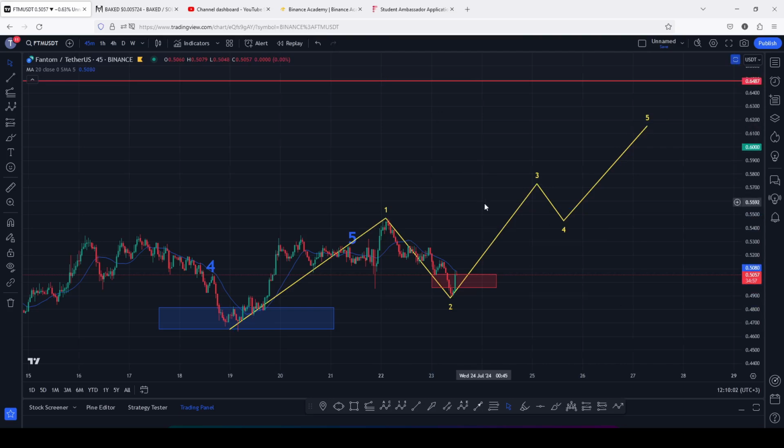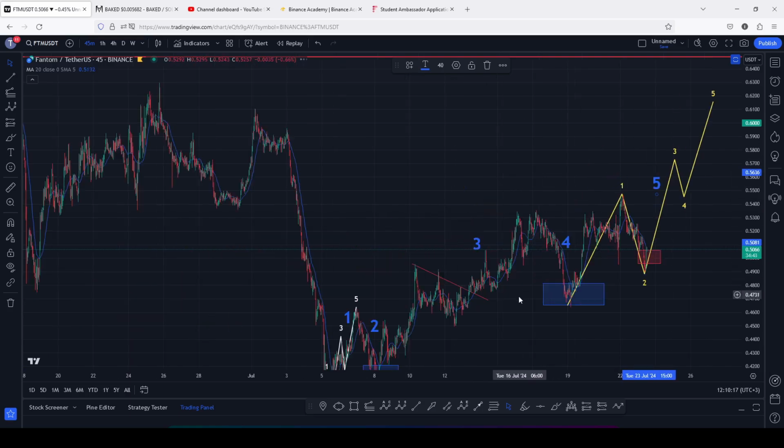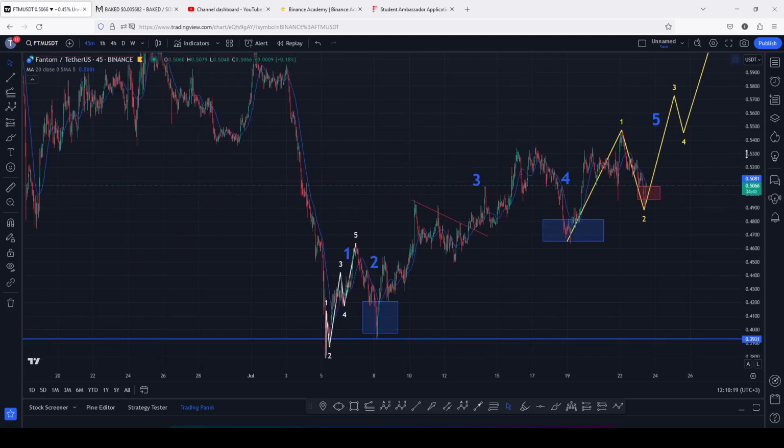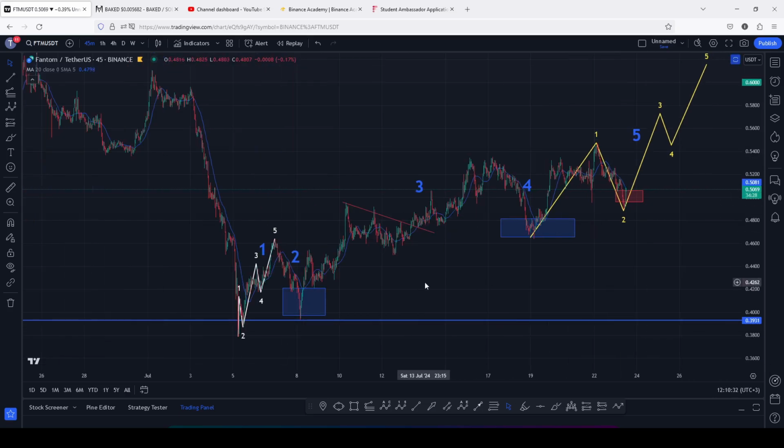And this Elliot wave structure that I have right here on the charts in yellow is a micro Elliot wave structure within an even larger Elliot wave count 5, which I have marked here on the charts in blue, which is the Elliot wave structure that I'm expecting which I believe is playing out on the long term. And this is based on an Elliot wave structure that I started to track on the 5th of July after